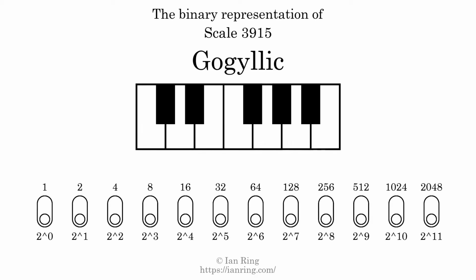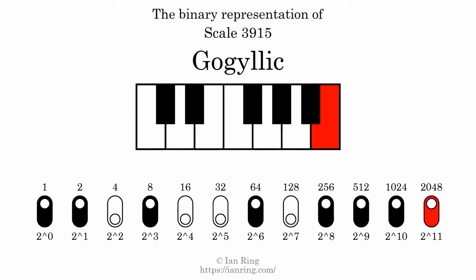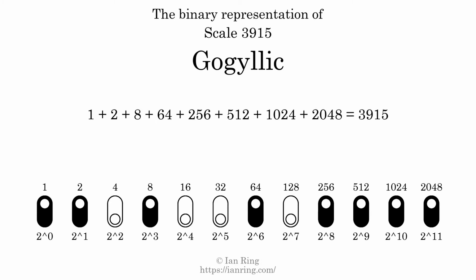The binary representation of this scale is determined by mapping tones of the scale to binary digits. Each binary digit represents a power of 2. To get the scale number, we add the powers of 2 together. The powers of 2 that are present in the scale, all added together, equals 3915. That is why the scale number, in decimal, is 3915. The scale number not only enumerates the scale with a unique index, but it also literally describes the tonal content of the scale. Represented as a binary number in base 2, the scale number is